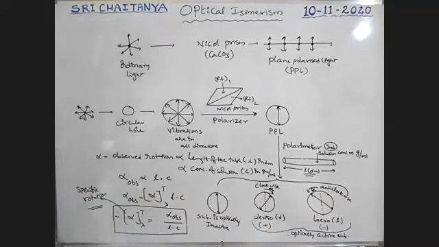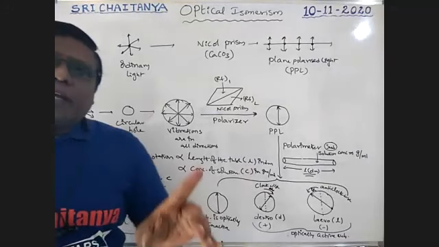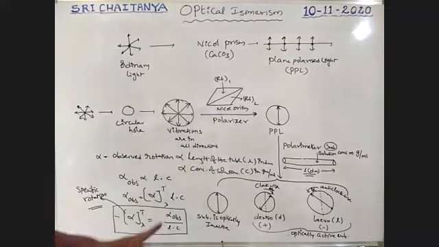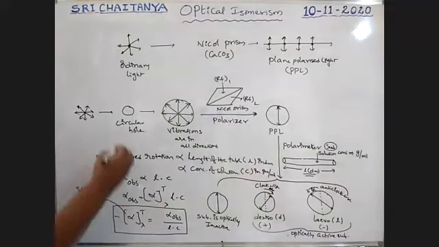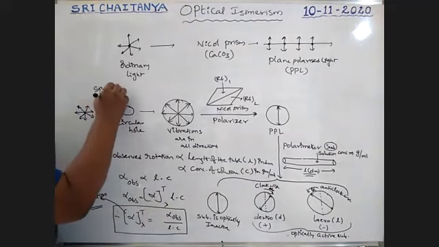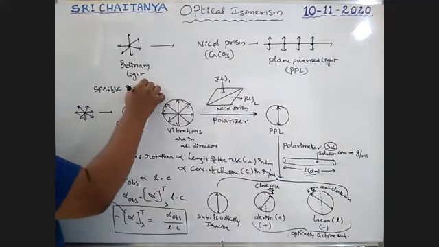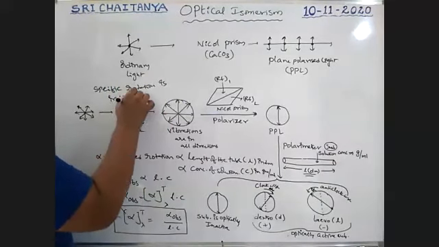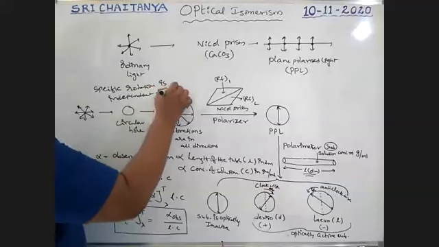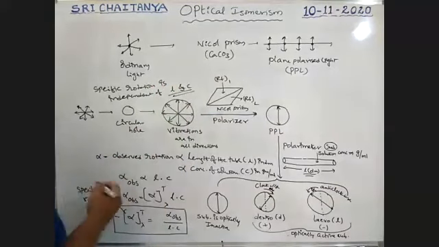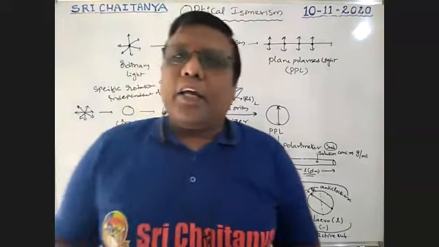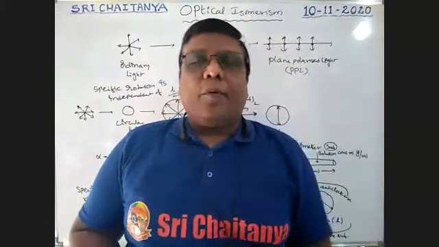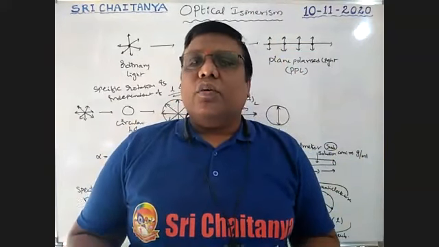We call it specific rotation. Why is specific rotation independent of length and concentration, but observed rotation is directly proportional to length and concentration? See here, specific rotation is independent of L and C. Very, very important. Specific rotation is independent of L and C, but observed rotation is directly proportional to L and also directly proportional to the concentration of the solution. So by using this formula,